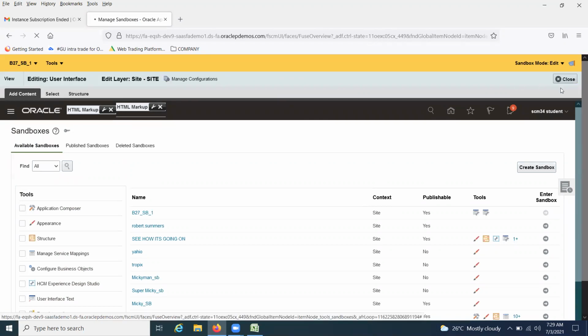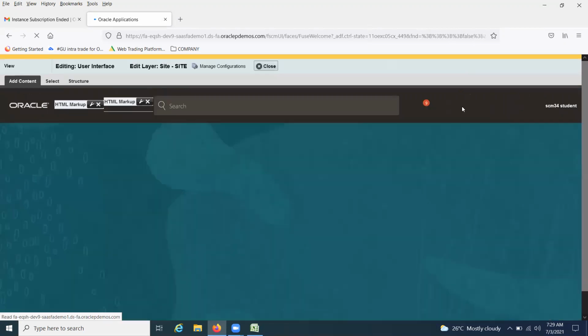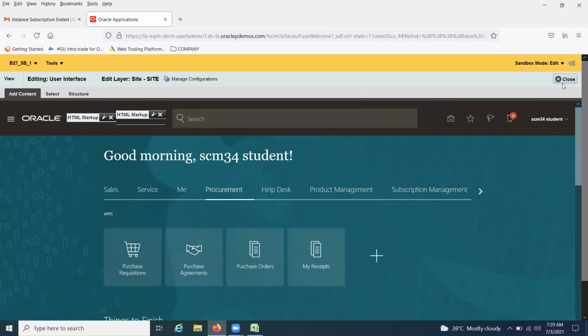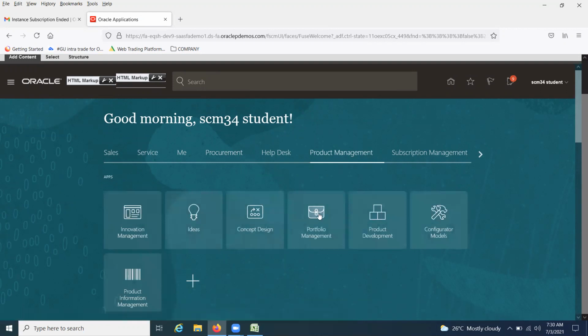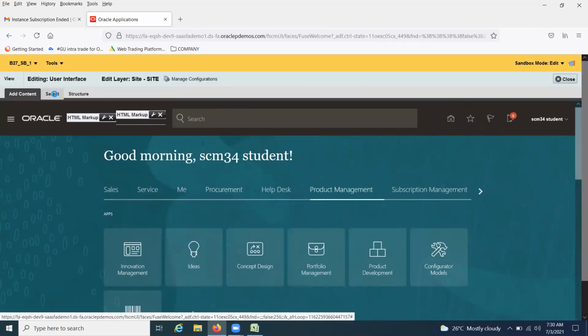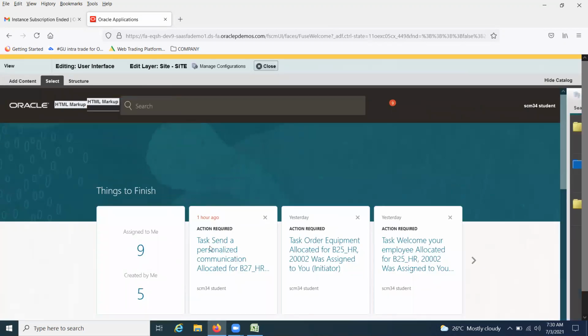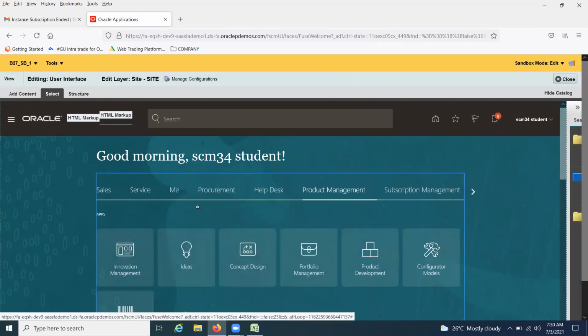Suppose now I am inside page composer, right? I don't want it, I will exit also. Okay, this is the content you can see. So normally you will click on, maybe, product management, and select the component. Whatever components are there in the page, you will see these are all selectable. You can click on that page and it will open properties. Or else you can do a similar thing by using structure also. You can go to structure and you can edit your pages.